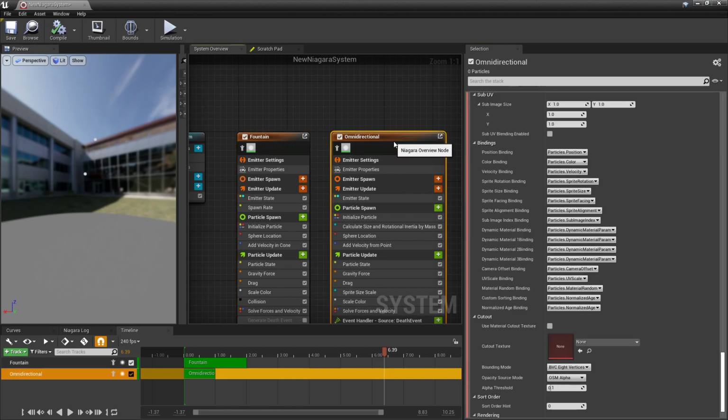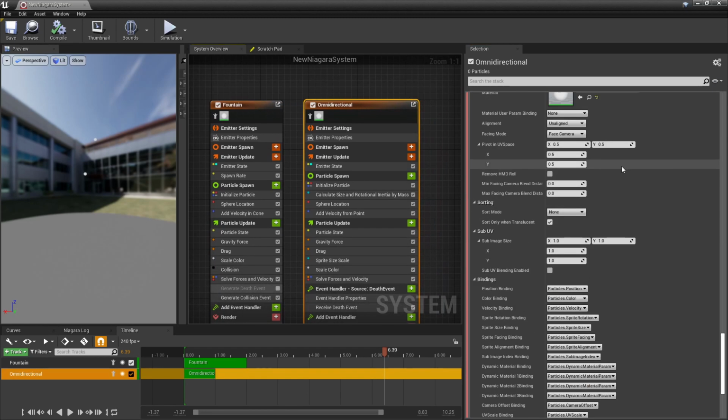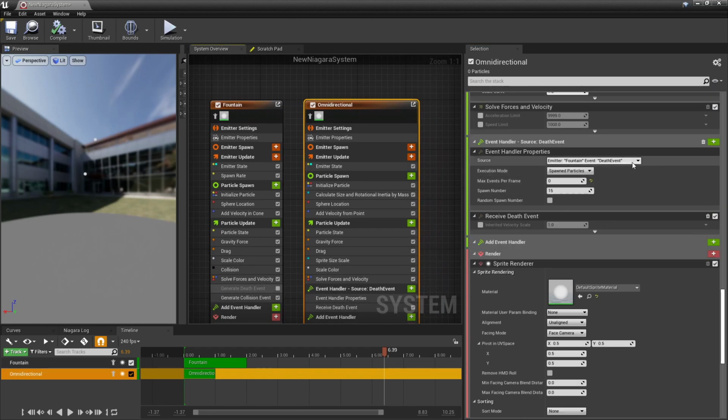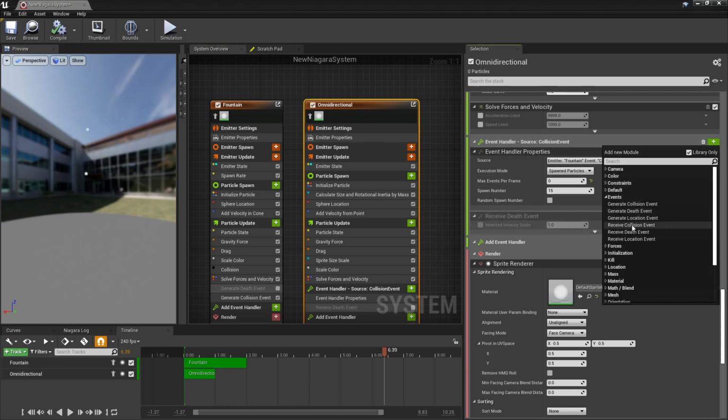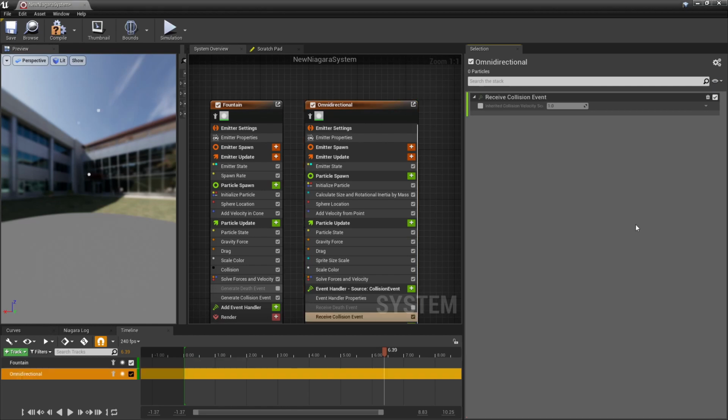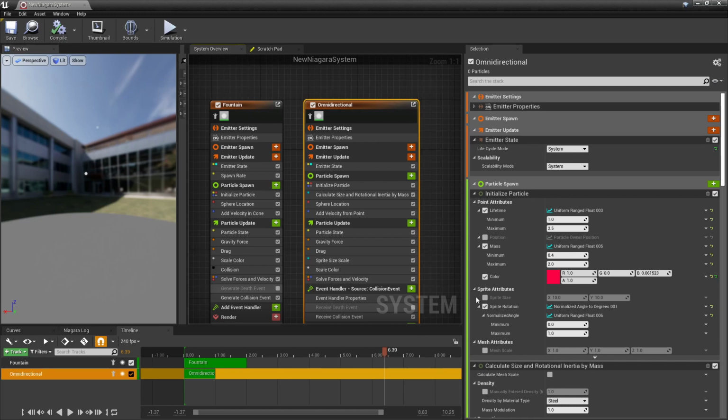Okay, and we need this fellow to receive that collision event. So in event handler, we would say, hey, read the collision event, and we will not receive the death event, but we will receive the collision event. And you won't see anything here because there is no collision happening.